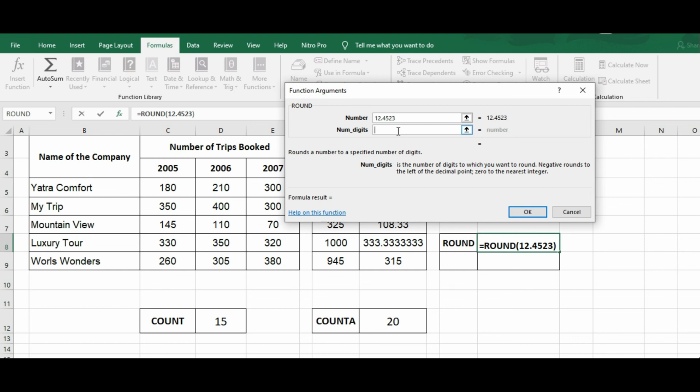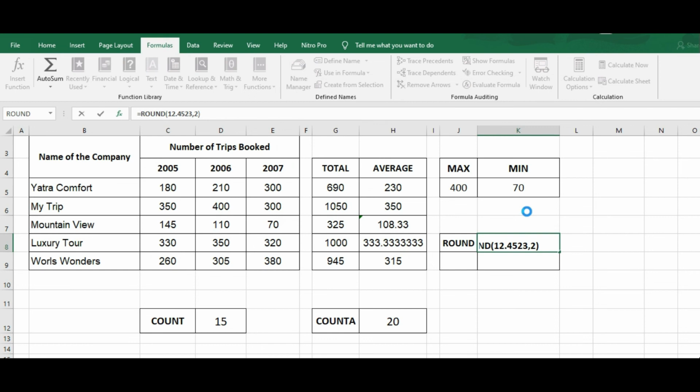So I'm giving the value 2. Now click on the OK button or hit the enter button from the keyboard. This is our result. So this was our input 12.4523, which has been rounded off up to 2 decimal places to give the output as 12.45.